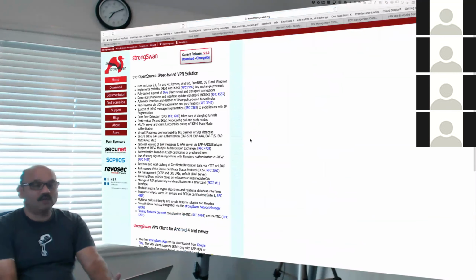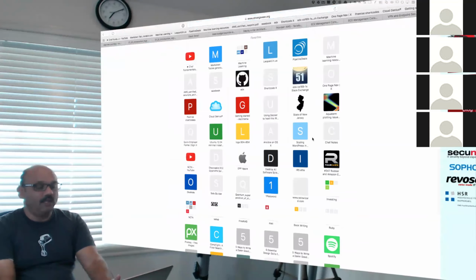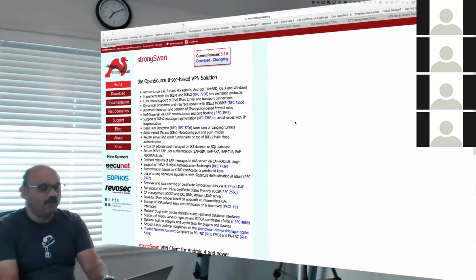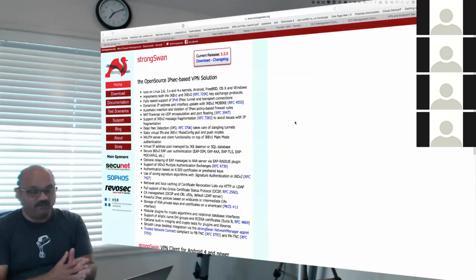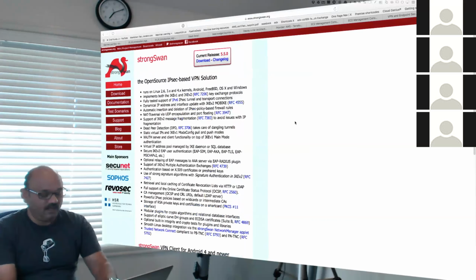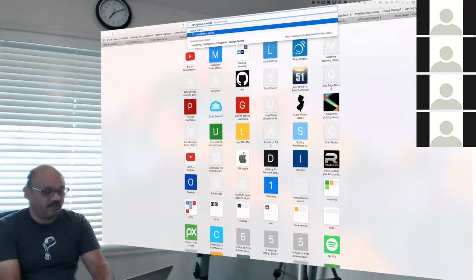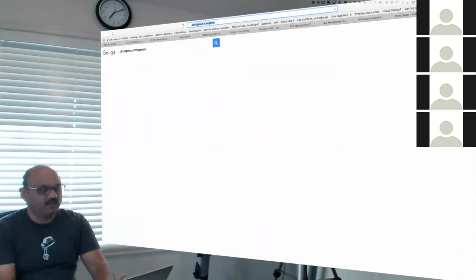It is called StrongSwan. And this is an IPsec-based VPN solution, just like Cisco is. It runs on Linux in open source, and it is also very easy to install. It also comes with a Docker container. Here it is, CloudGenius StrongSwan. You can use this container already.